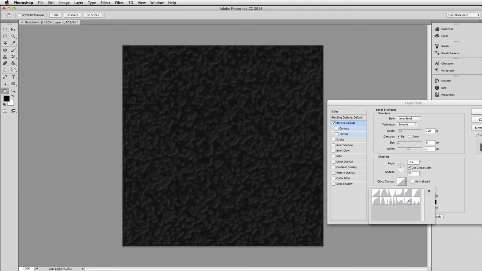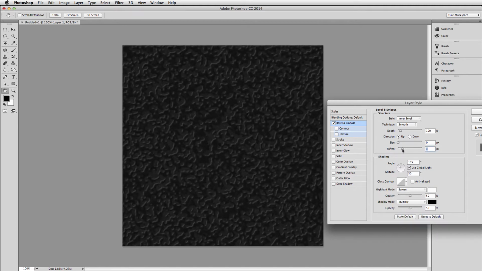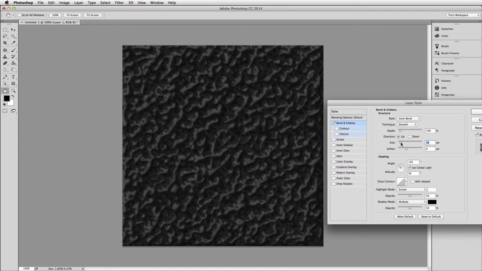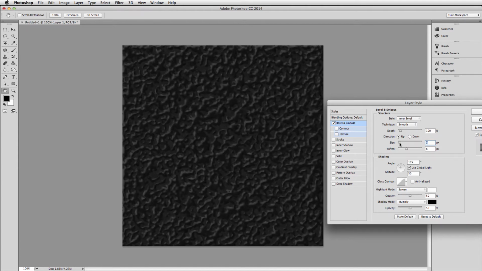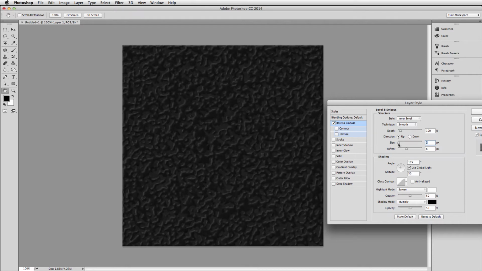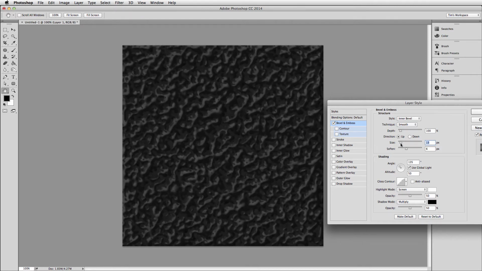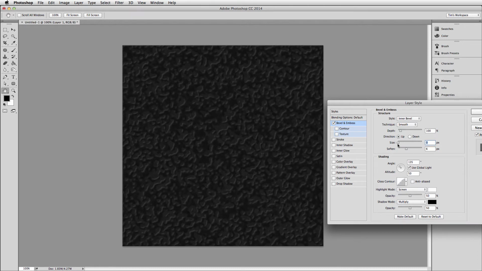That one's kind of cool. Definitely gives it kind of a pitted look, but it's too soft there. But I like this because it's really rough. Let's see here. Now that's interesting. That would be a good thing for terrain. And if it's highly pitted, you might want to go with something like that, but we can experiment later. I don't want to waste your time constantly doing this. So let's just leave it at